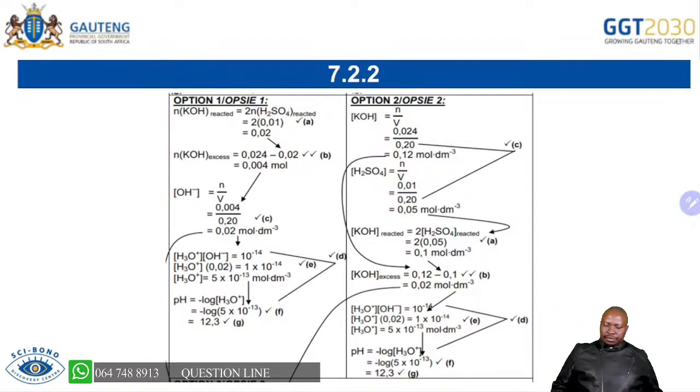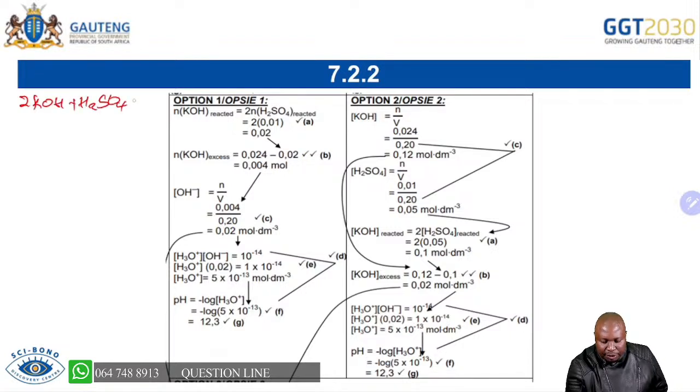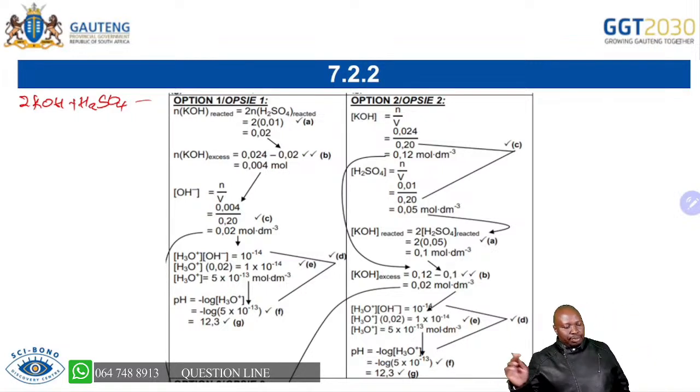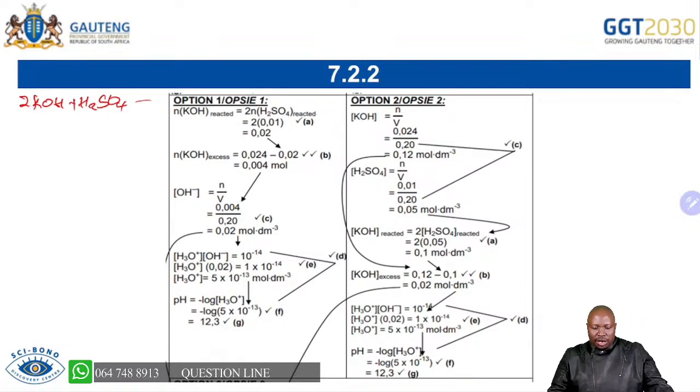The first thing is to remember the equations. We said it is 2 KOH plus sulfuric acid, because sulfuric acid is diprotic, and then it forms the salt K2SO4 plus water. Now, if you check, you can work out the number of moles of KOH that has reacted. You can use that because we are given the number of moles of sulfuric acid. So you know this one is